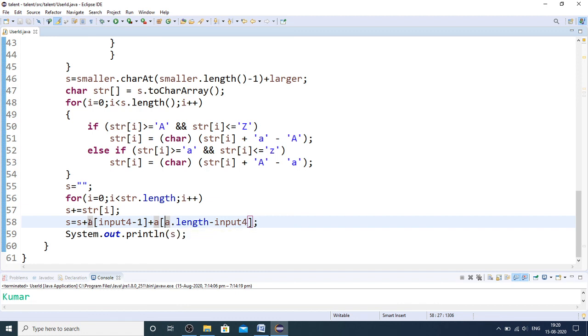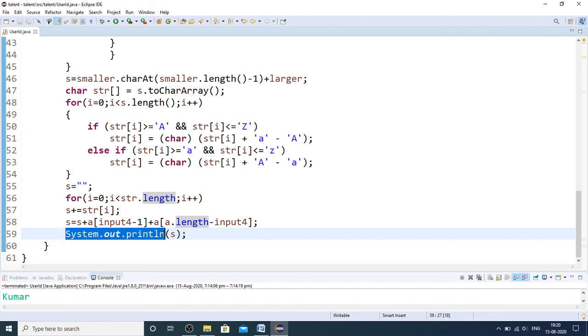So I'm concatenating the digit at position n from left to right and the digit at position n from right to left, and then I'm returning that particular string. Here you just need to replace the system.out.println with a return statement. Since I'm showing it on my desktop, I've just written this system.out.println. I hope you can understand that. So you can just replace this with return.